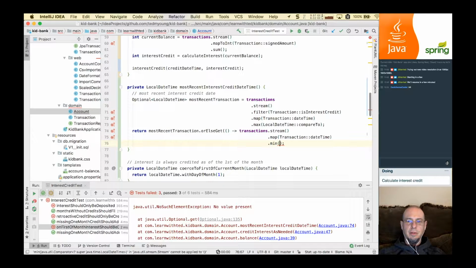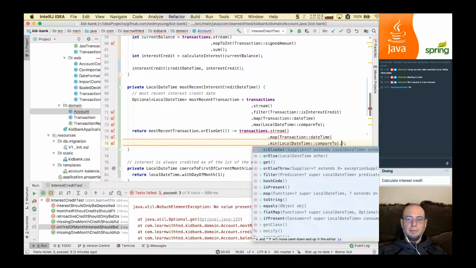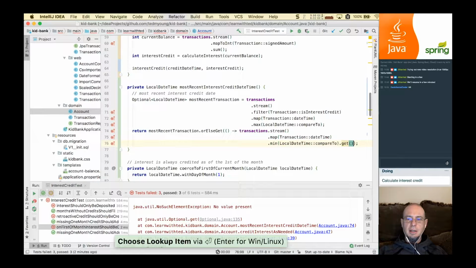Min of local date time compared to, okay, do a get here? Yeah, so in a sense, there's an optional here, and the problem is if that's null, right? If there are no transactions,